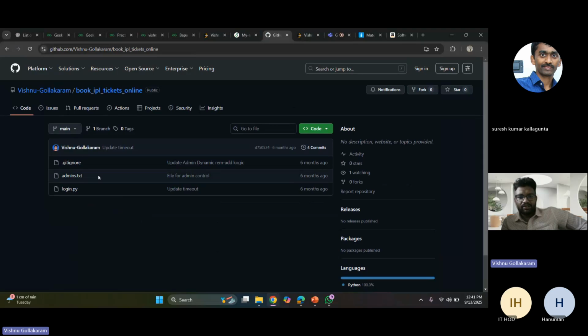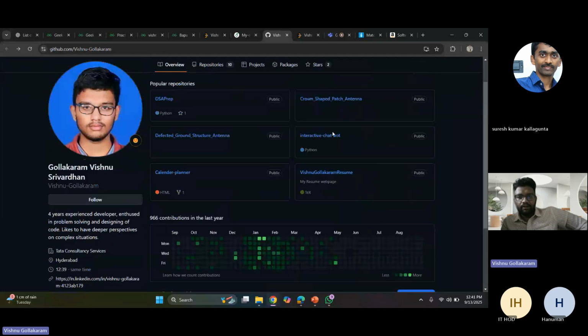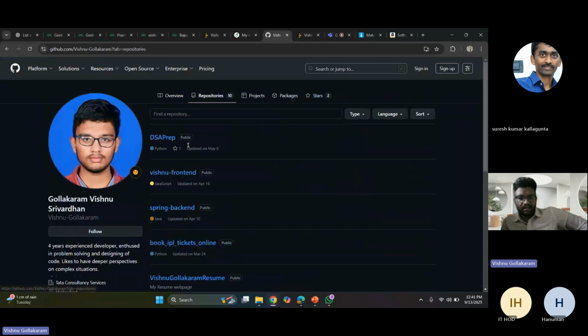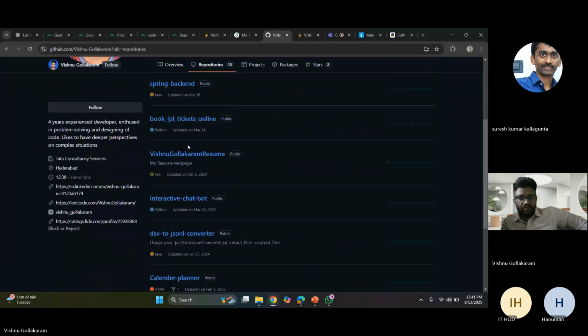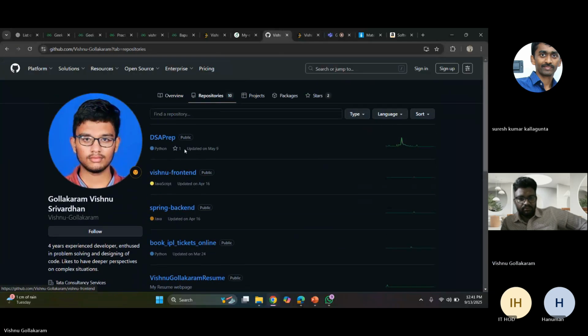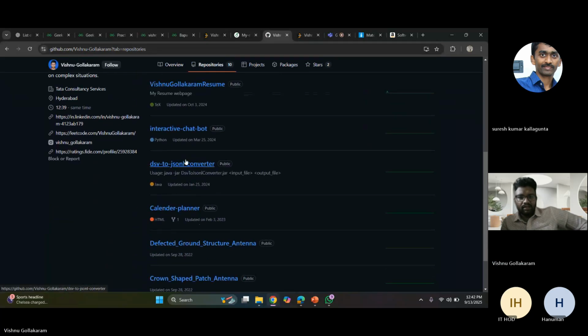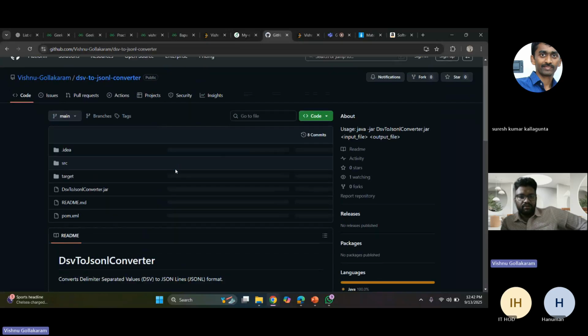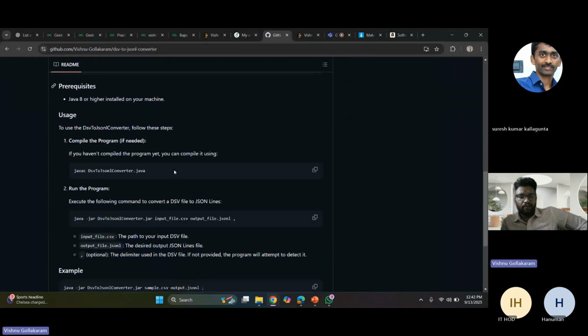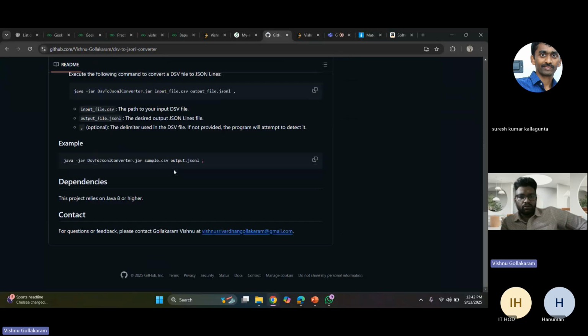This is a very interesting project where we were writing an algorithm to bypass the IPL lobby and get first in the queue for ticket booking. This is one of the other real-time use cases where I was trying to design a calendar to plan my day. And this is more or less an industry-oriented project where I was using a data format converter. So like this, we need to give a clear